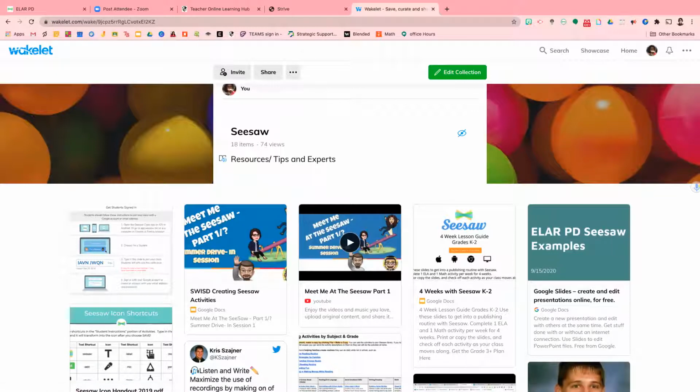So just a little bit about what you're looking at right now. As a student, this is what the student will look at when they are signing in with a Chromebook. If your students are using iPads, it will look a little bit different, but pretty much the same thing, where you see the two options that they have of journals, activities, and an inbox. So in the inbox, they are able to see any messages that you leave for them, okay?